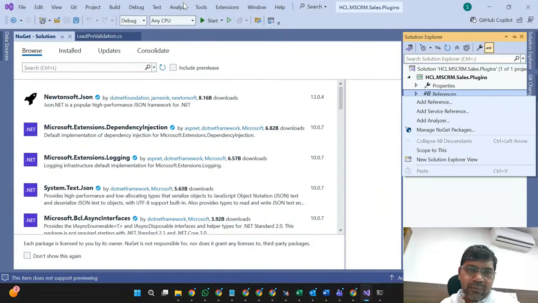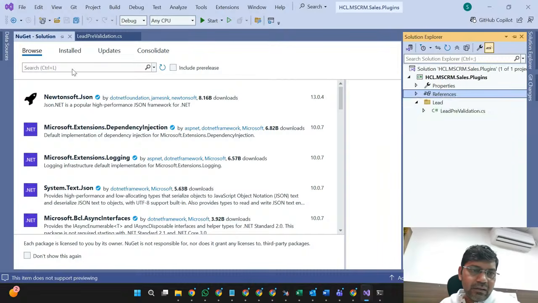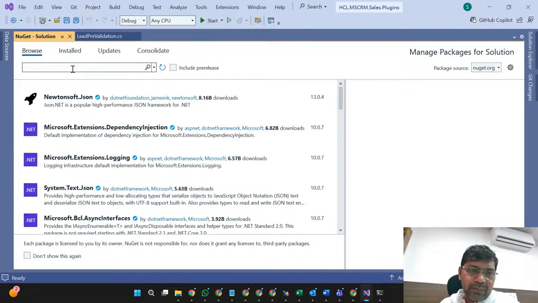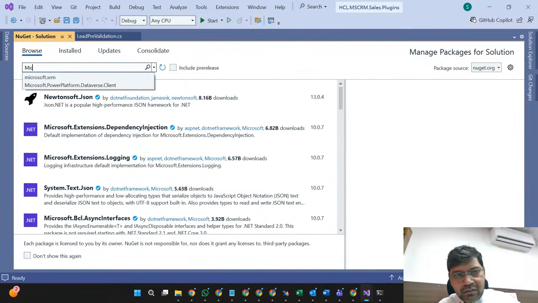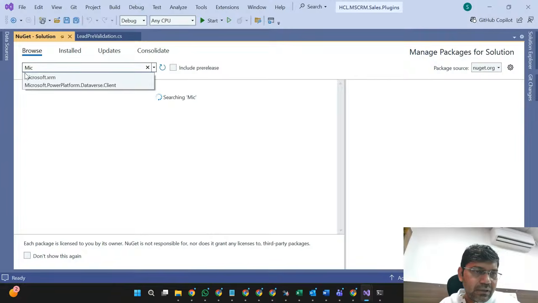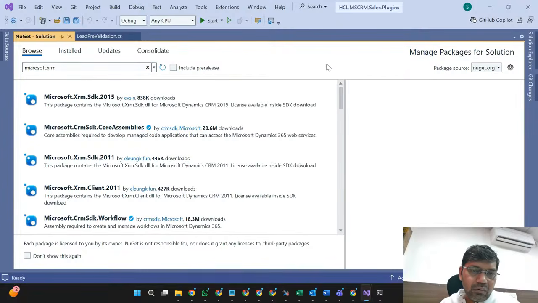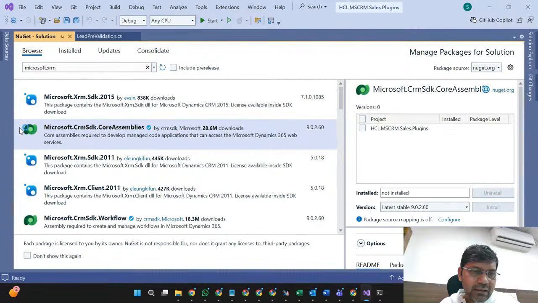But now we have the option to install those libraries from NuGet package. So the Microsoft XRM core library we have to install here. The Microsoft.CrmSdk.CoreAssemblies library is sufficient here.